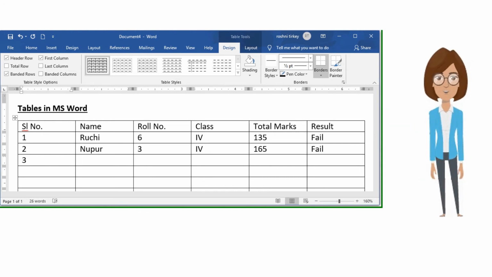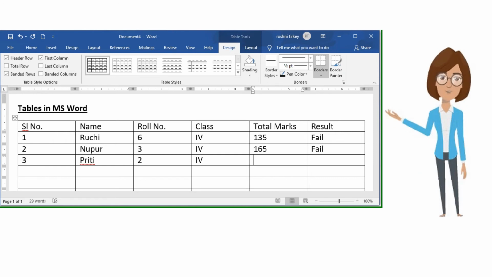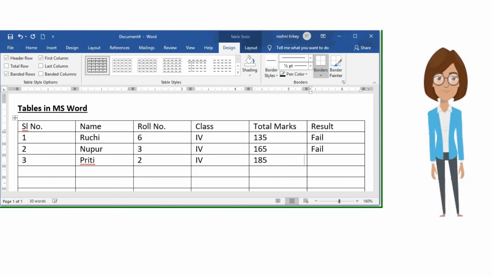Serial number 3, name Preeti, roll number 2, class 4, total marks 185, fail.